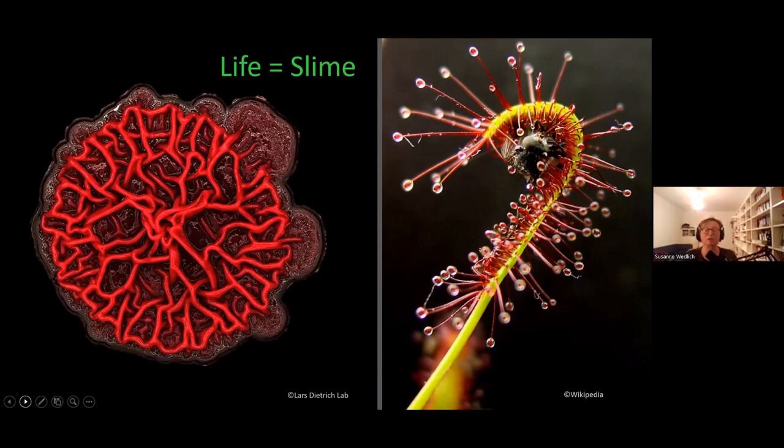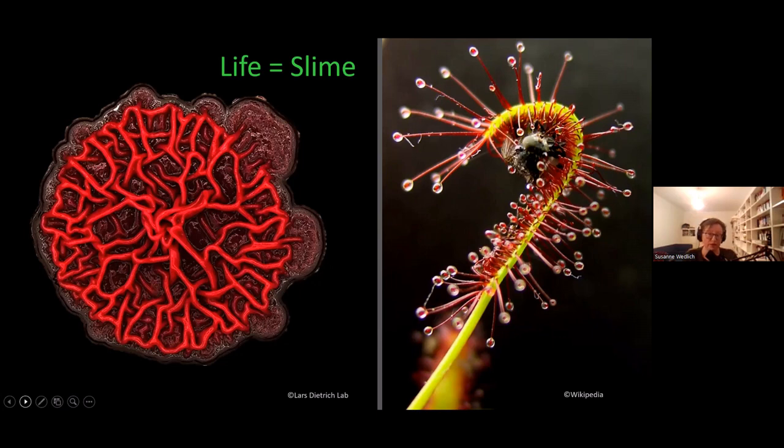Another slime that keeps us busy every day is dental plaque, for example. It doesn't look like much, but it's still, again, that same highly structured and incredibly hard to fight microbial slime. You just have to think about it. I mean, we can fly to the moon, we've invented the internet, but we still have to brush our teeth, because there's no other way to get rid of that slime. It's just so robust. Plants use slime as well.